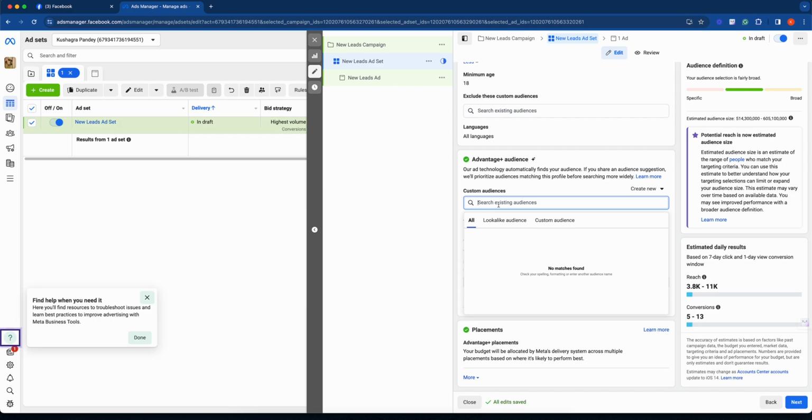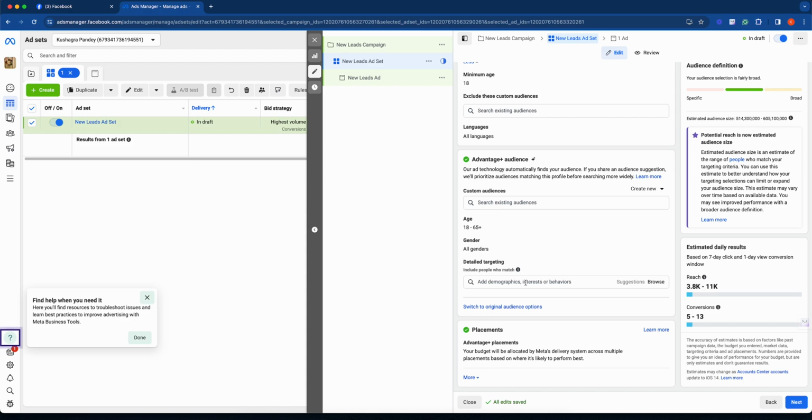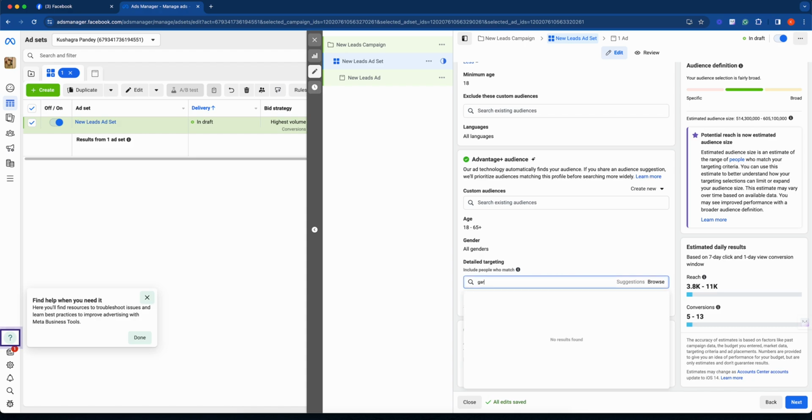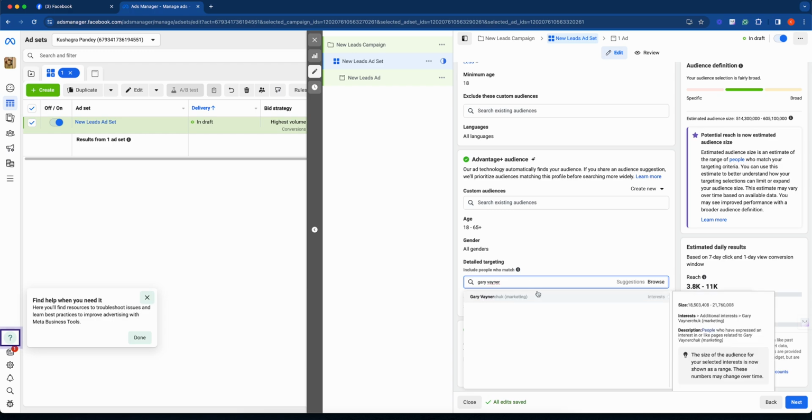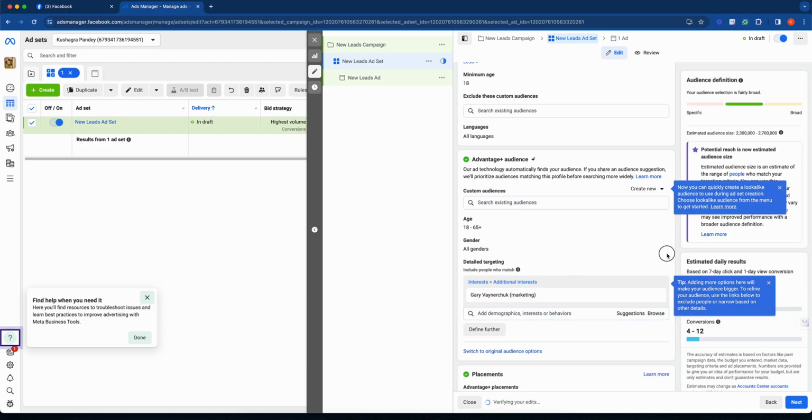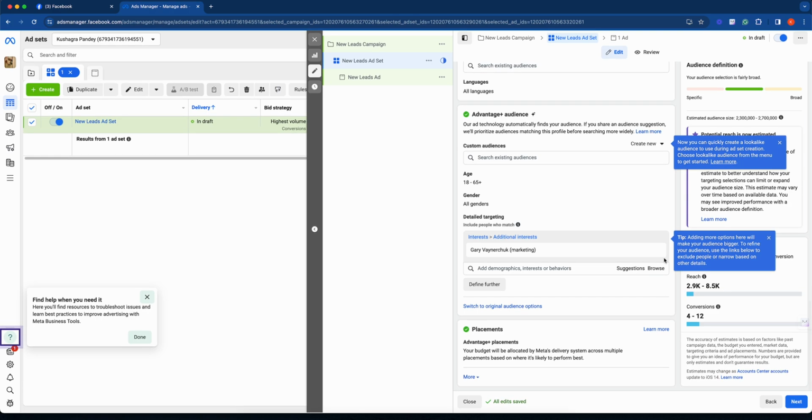Not sure if that is removed, so let's say internet marketing. Oh, sorry, this is custom audience. Detailed targeting. Gary Vaynerchuk. Okay, so just for the sake of this example. Okay, what next?